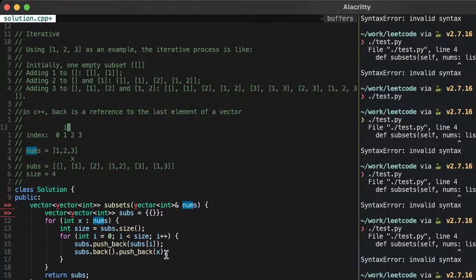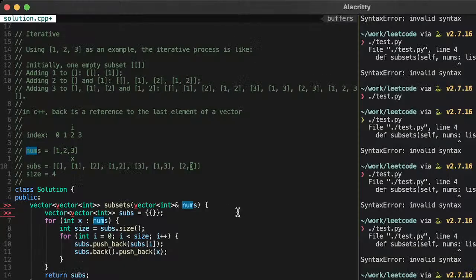Now increment i. i is now 2. Now we're going to push_back subs[2], 0, 1, 2, 2. And we're going to get a reference to this list, and we're going to push back 3. Interesting. Yeah, I don't know. This would be a tough one to get the intuition of. I don't know how you could intuit this one. I think you just have to do a bunch of problems and understand this is what the algorithm is. That's okay. LeetCode has a bunch of problems to practice with.